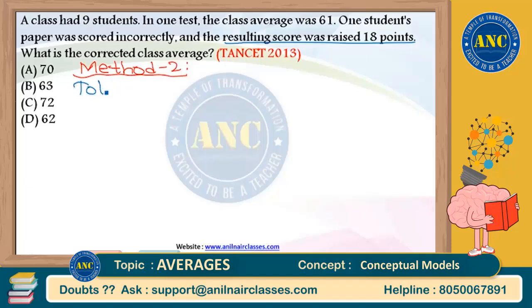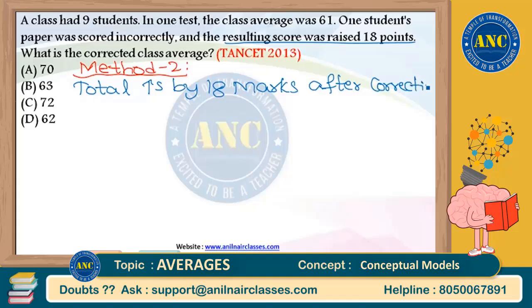Resulting score was raised by 18 points means total increases by 18 marks after correction, right? Total increases by 18 marks after correction. That is the meaning of it. In method 1 also I told you this statement. Total increases by 18 marks after correction. Now, can I say that initial average